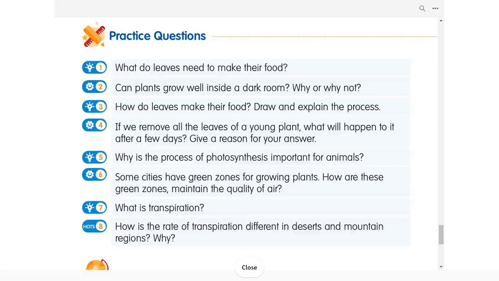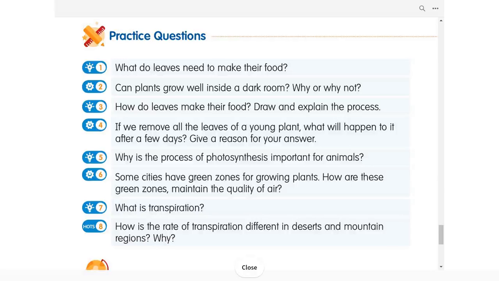Photosynthesis is a process by which plants make their own food. During photosynthesis, the chlorophyll present in leaves absorbs the sunlight. This in turn makes water and carbon dioxide form food and oxygen. The food is then transported to all parts of a plant and oxygen is given out in the air. The extra food is stored in the form of starch in leaves and other plant parts. Okay.